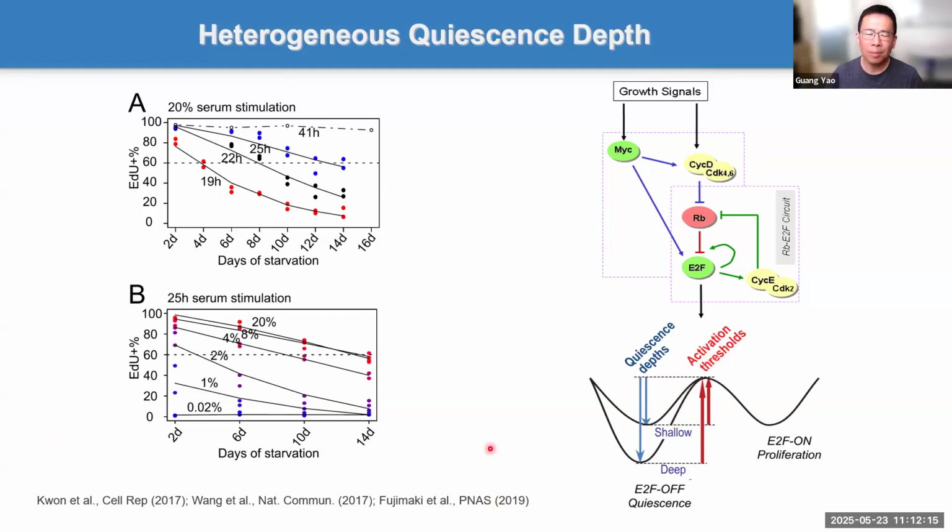And over the years, because my lab is really interested in how cells go into sleep and go into deeper sleep, what regulates the depth or heterogeneity of cellular sleep, over several years we have identified this RB retinoblastoma E2F gene circuit plays a major role in regulating the cellular sleep depth. In the first place, this simplified version of the RB-E2F cyclin CDK network performs as what we call a bistable switch, as you can see from the double wire.